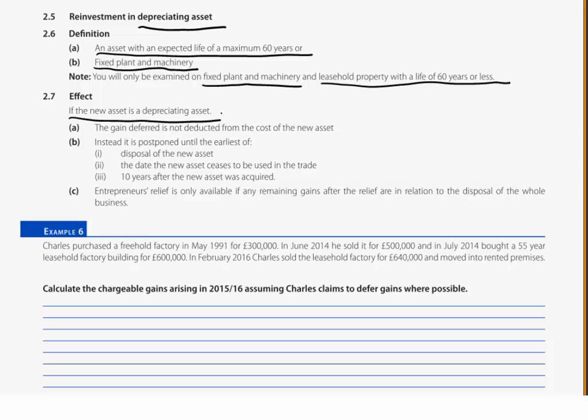We do not have what we would construe as being rollover. We do not roll over the gain against the base cost of the newly acquired asset, i.e. here the 45-year leasehold property. The gain deferred is not deducted from the cost of the new asset. But the immediate impact is the same. The gain is deferred. But this time it's deferred until the earlier